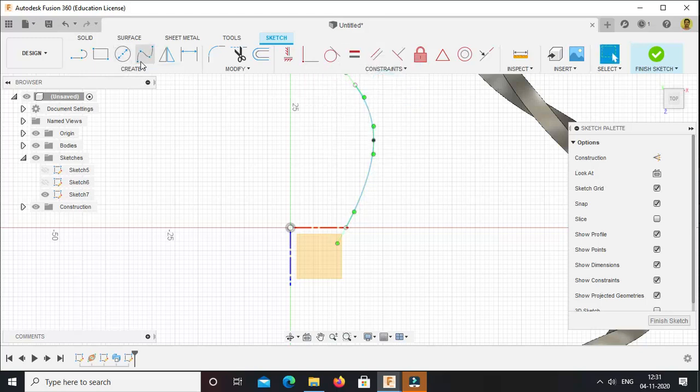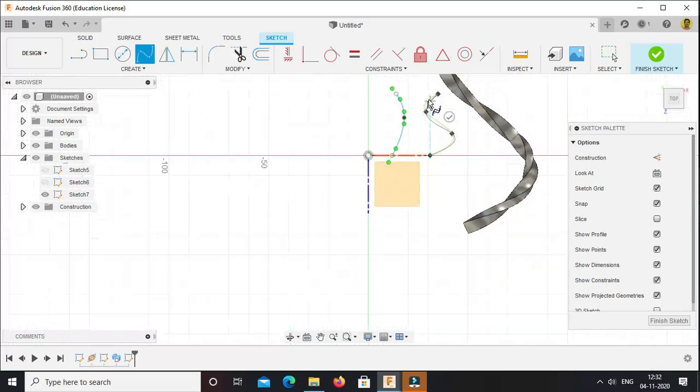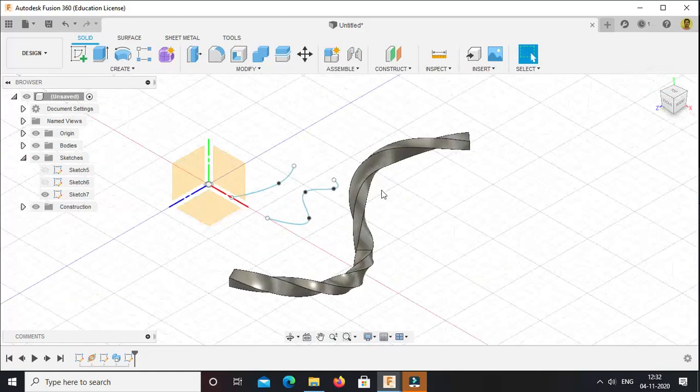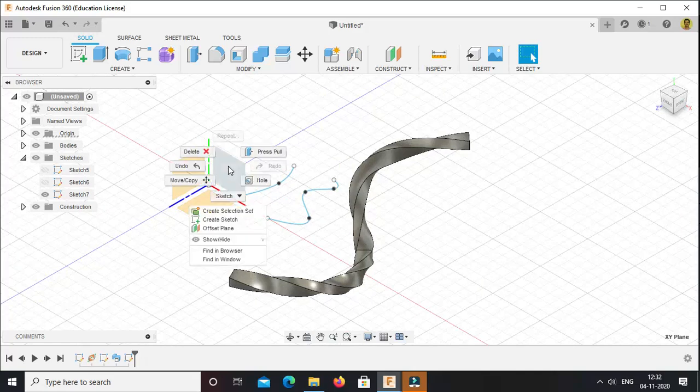Then I am drawing another one. Press OK. Now I will finish this sketch mode.